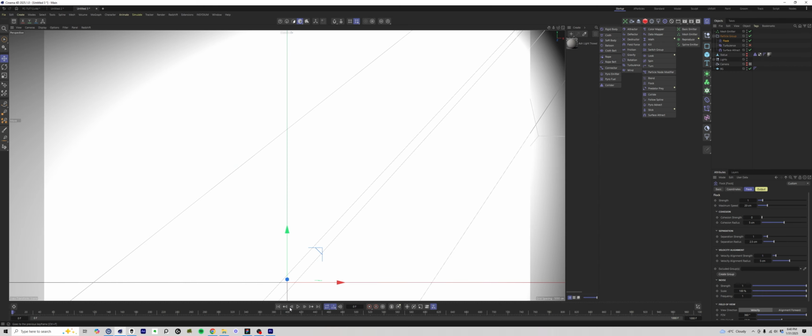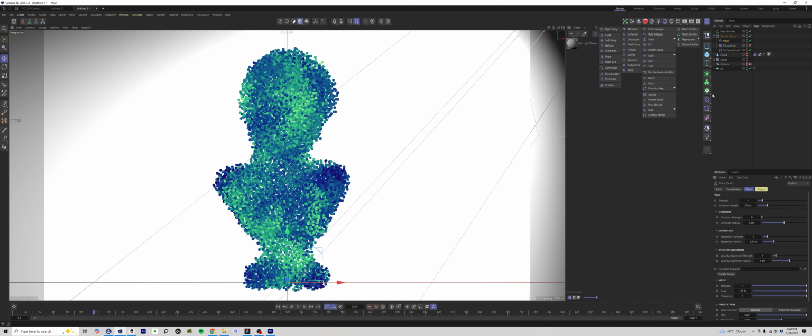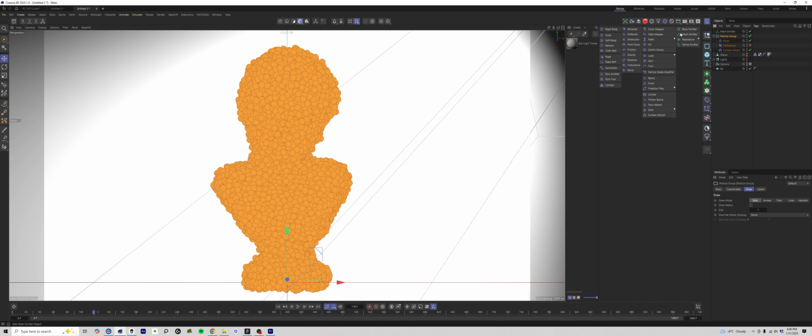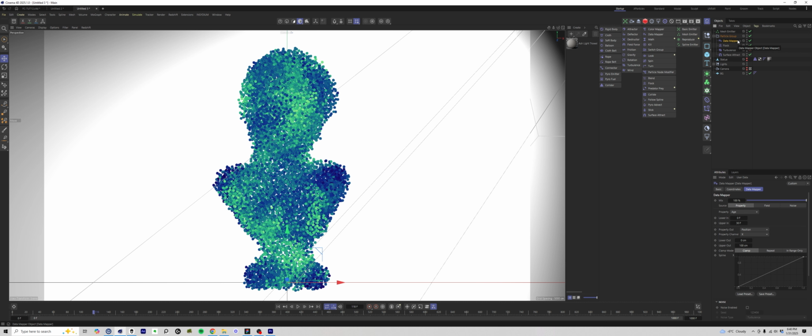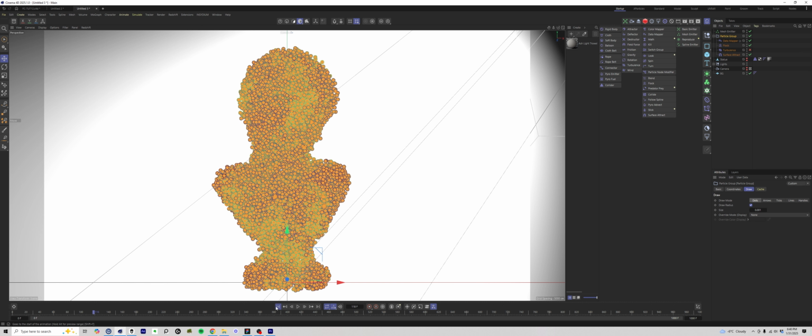So the way these particles show up is they just show up because of the emission here. What we can do to make this feel a little bit cooler is make them scale up using a data mapper and adjusting the radius as time goes on. So let's do that. I'm gonna drop in a data mapper. I'm gonna also just go to my particle group and make the radius 0. So if I play this now,